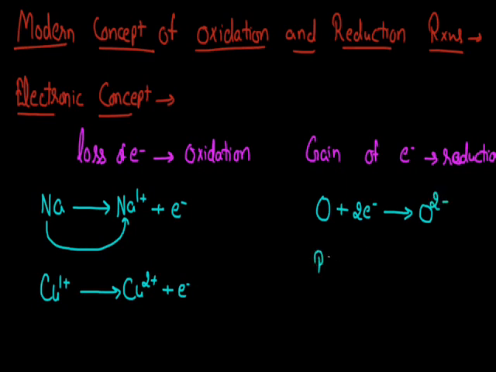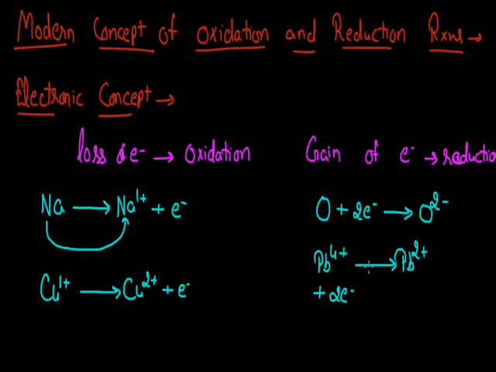Same as the plumbic cation, the Pb4+ ion. If I convert this into the plumbous ion, that is the Pb2+ cation, then in this condition these reactions are possible only by the gaining of electron. Since we are gaining electrons in these substances, these can be defined as reduction reactions. This electronic concept is useful to identify oxidation and reduction reactions when these are given in the ionic form. So now this is about the electronic concept.